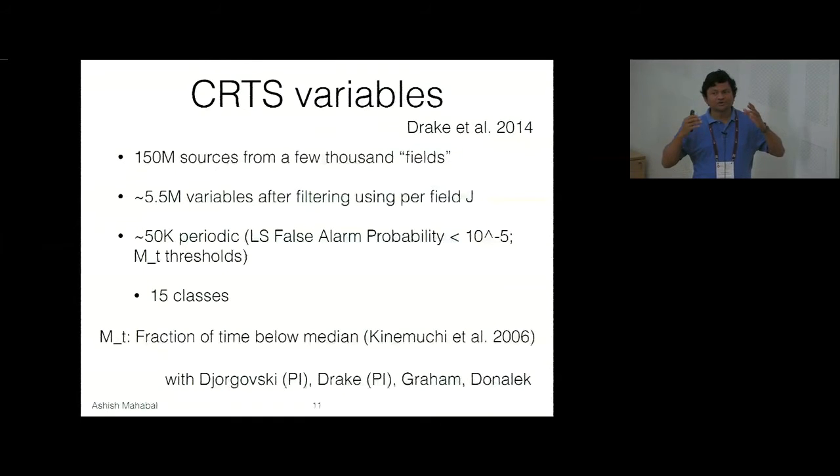And then those features have been handed down, and all those things come about. But again, one main thing is that the features are not independent of each other. And if we continue to use them en masse, then we are going to have a large number of things that may or may not make sense for the particular kind of time series that you have. So disambiguating those is an important thing, and given your kind of time series, how to get to specific features becomes important. With CRTS, we did a set with 150 million sources. It turned out that there were 5.5 million variables among those, and 50K of those were periodic sources, and there were about 15 classes within those 50,000.